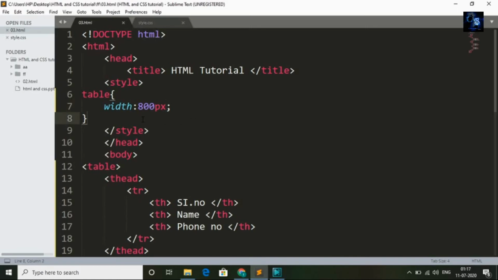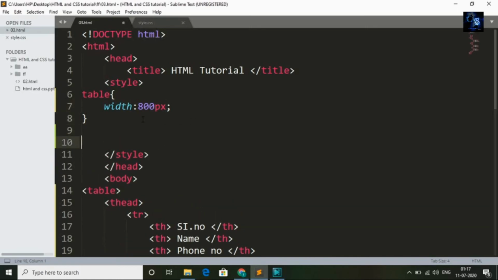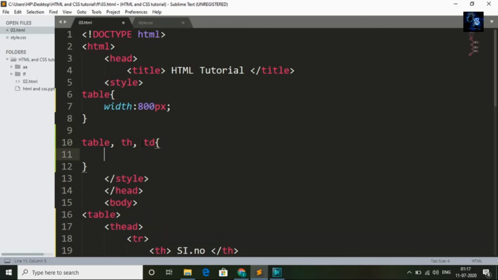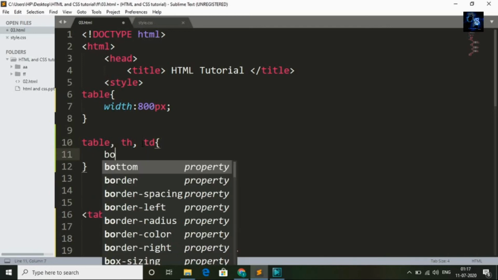Now I will add border, table, th, td. I want to add border to table and heading and table data. Flower brackets, inside border I will add border only at bottom to make table very beautiful.